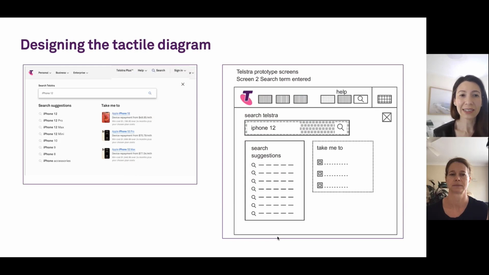On the left, we can see there's a screenshot of a page from the search prototype, and on the right, we have a schematic. We selected 4 main screens in the redesign journey and engaged Vision Australia to produce diagrams of those user interfaces. The tactile diagrams were designed in Corel Draw. The software was used to create a simplified page, which only contained elements important to the interaction, and labels were added in Braille. Different textures for different types of elements were added, and a separate key was created.